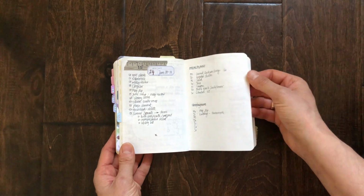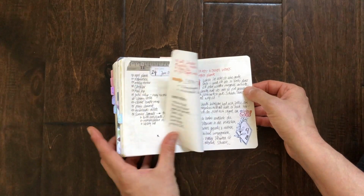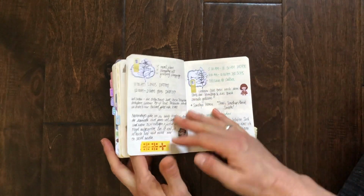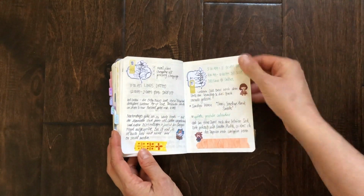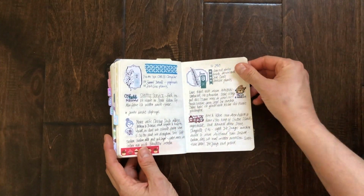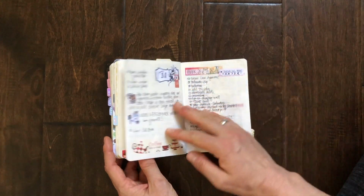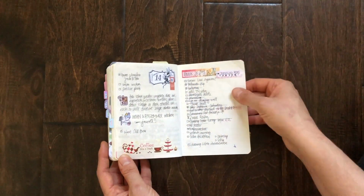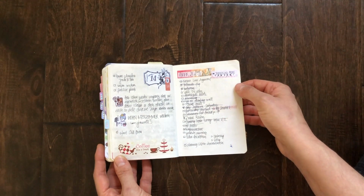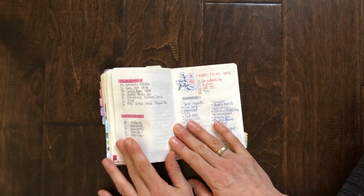Next week, to-do list, meal plan. It was very laid back. I think I was already ready to move on to my next planner, and so I just kept it very low profile. As you can see, I'm still adding stickers, but yeah, I was going to say not as much, but there's still some. So it just depends on the mood and the time that I had to write. And then, so that's the Sunday, and then I'm adding my to-do list right here, my meal plan and Instagram,